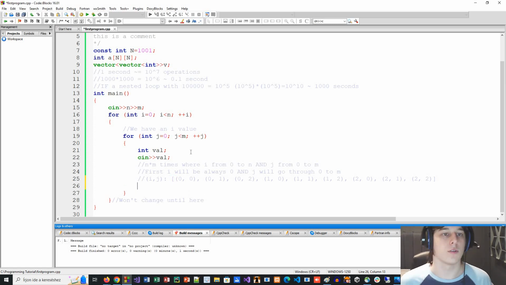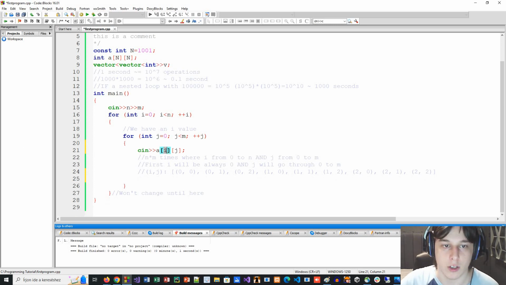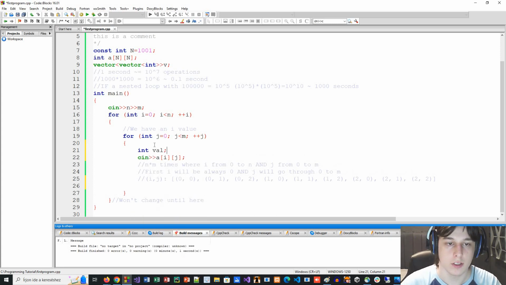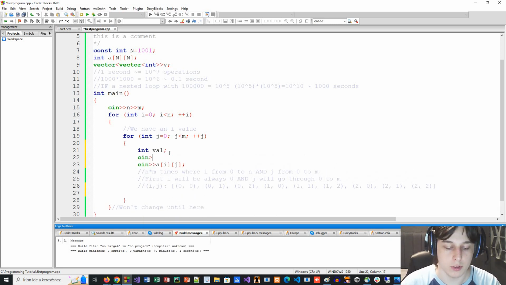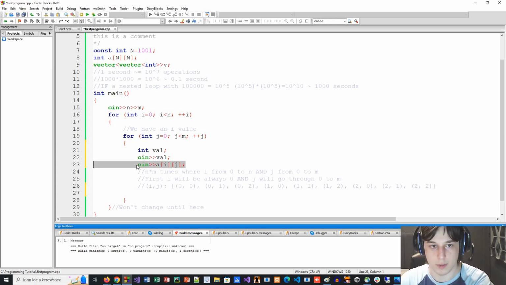Let's go ahead and see how we can assign the values for the vector v and the array a. So for the array a, we can actually go ahead and take the input without any other values. So we just take the input, we refer to it. First dimension is i, and the second dimension is j. So we can go ahead and take the input like that. If, however, we have a vector, then you need to have a value that you take from the input, and then we will go ahead and remove or comment this out,